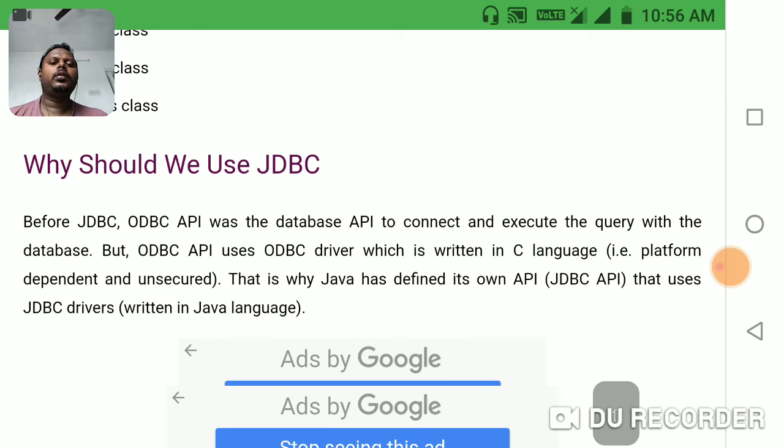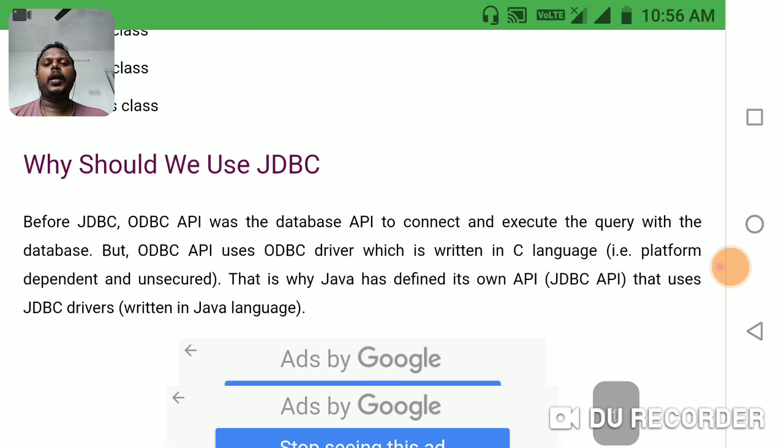And the main thing is, why should we use JDBC? The main reason we choose to use JDBC is because of security, because it is more reliable than ODBC, which was used before JDBC. The ODBC API was a database API to connect and execute queries with the database, but the ODBC API uses the ODBC driver, which is written in the C language.